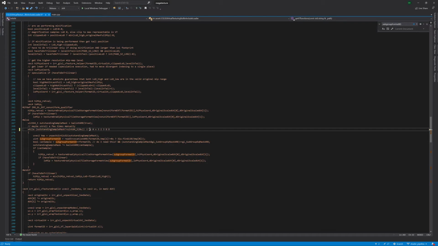So this is what I mean by divergent indexing. So they're all running in parallel. Normally there'd be like 16 or 32 or 64 of them, but in our case it's 8 for this simple explanation. So what happens is that here you need to